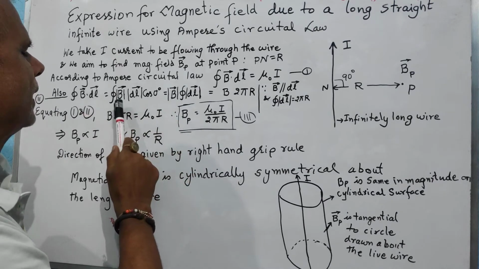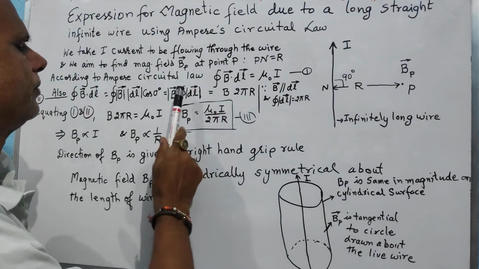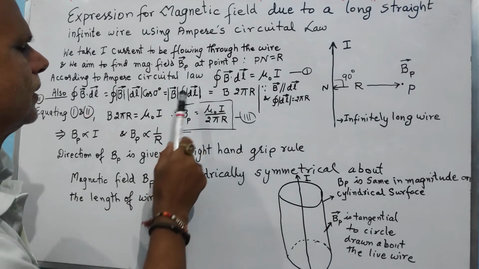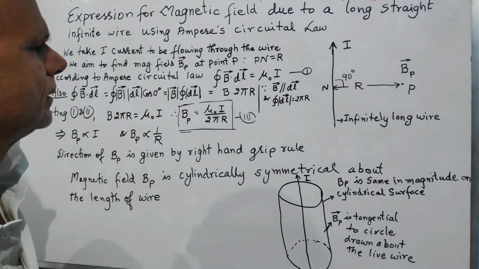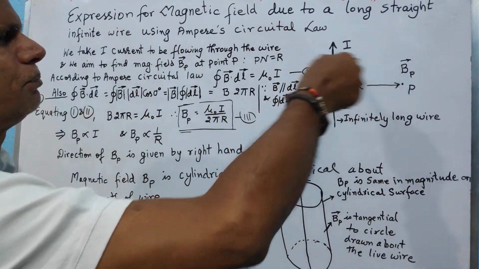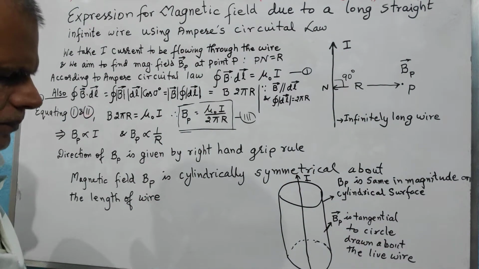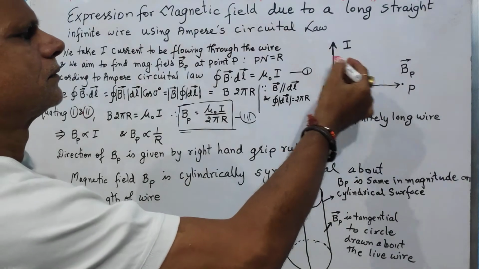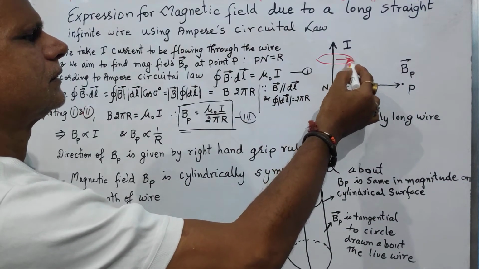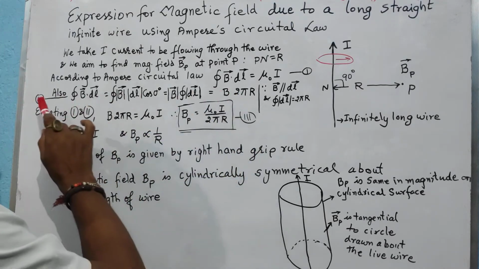But since the magnetic field is constant at this point, we take it outside, and we are left with dl within the integral. When you add up all the loop elements, it must be equal to the circumference of the circle, which is the Amperian loop drawn about the wire. If we have a loop here at distance r, then the circumference of the loop will be 2 pi r. Let us call it equation number 2.